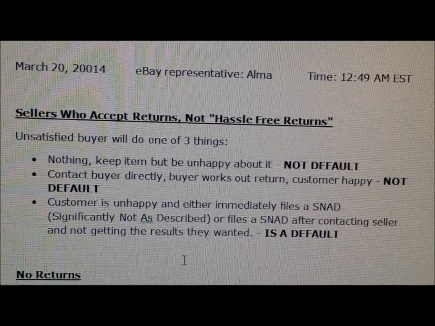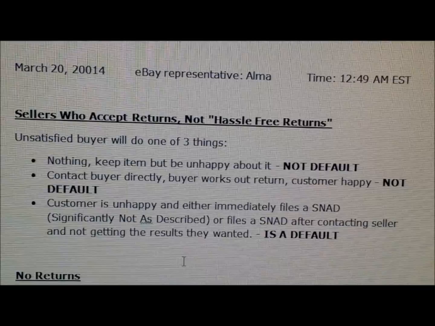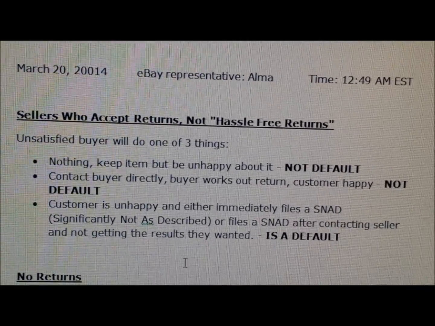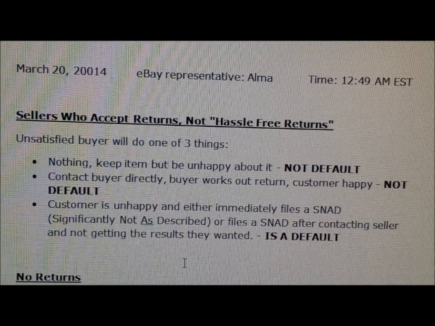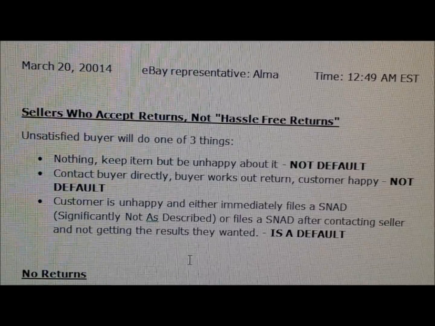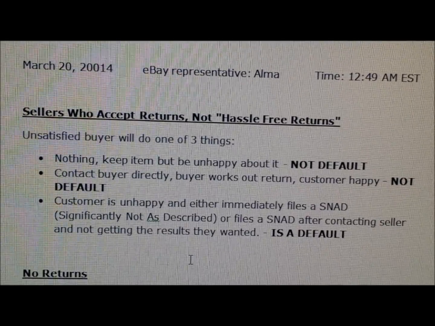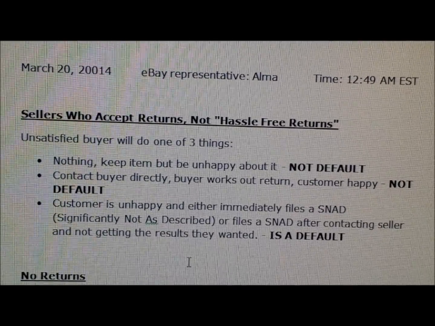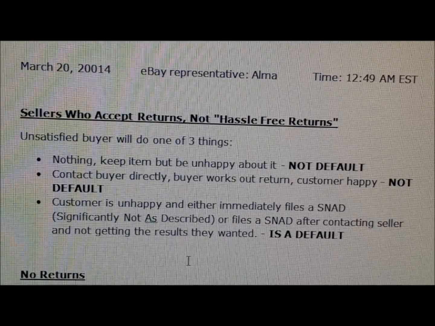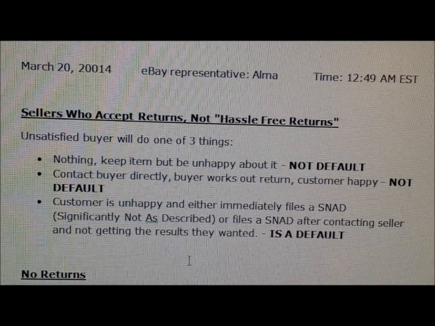And I know that we don't want to do returns. Nobody really likes to do returns. But this is just my personal feeling, that when you sell online, unless you are doing your own website, unless you are in some sort of co-op, you have to follow the rules of the venue that you're selling at.